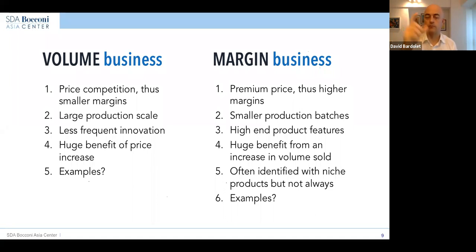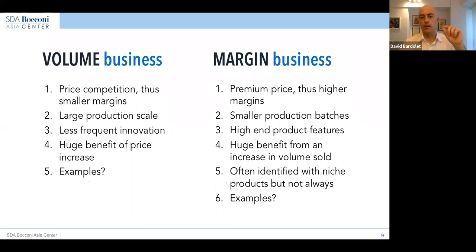A very simple way to understand this is the salary of the CEO is spread out over many more units in large production companies. So the contribution of that salary to every unit becomes smaller and smaller and smaller. Same for all the other costs. So the cost per unit when we are making large volumes tends to decrease. So it is consistent with what we've said. But of course, you have to keep lowering costs, so less frequent innovation, less marketing, and so on, right? You have to sacrifice a lot of cost.